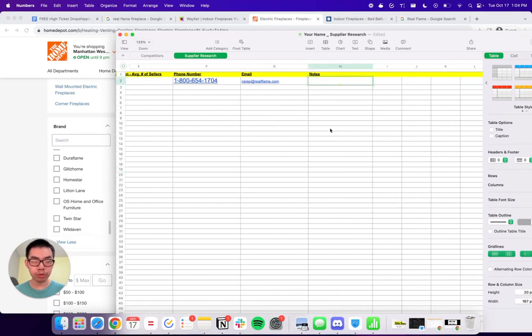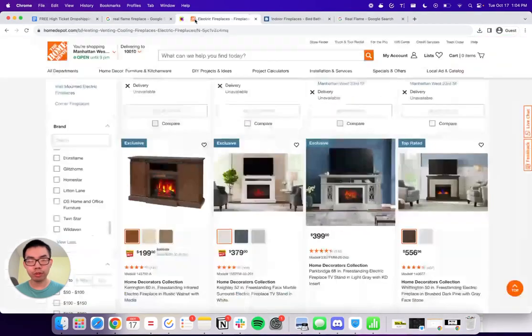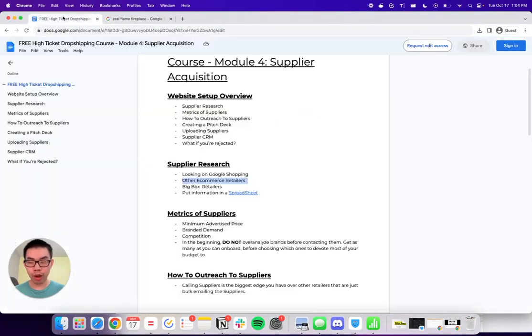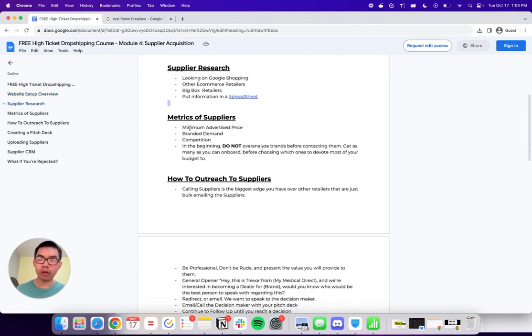Of course, there's a note section in case you find something interesting with one supplier, but that's essentially how you'll be able to find suppliers. Now, the metrics that we talked about: minimum advertised price, branded demand, the competition. In the beginning, you do not want to overanalyze brands before contacting them. Get as many on board as possible